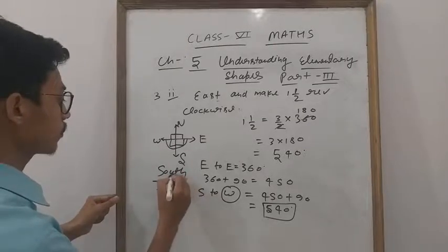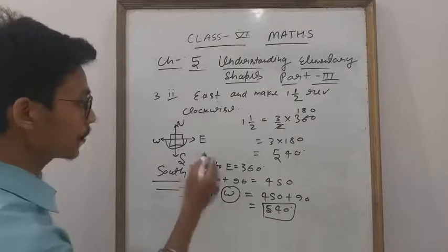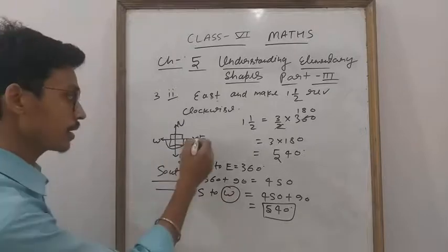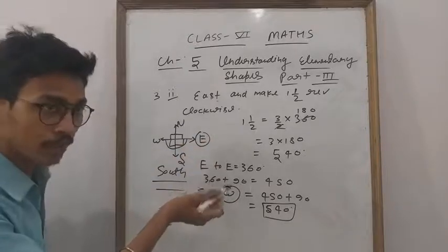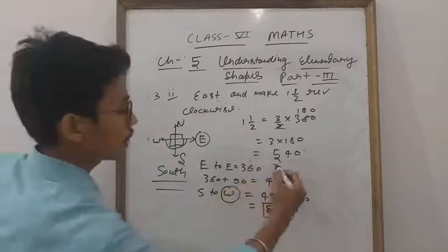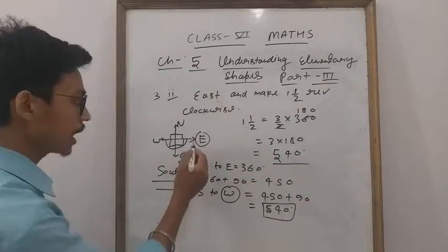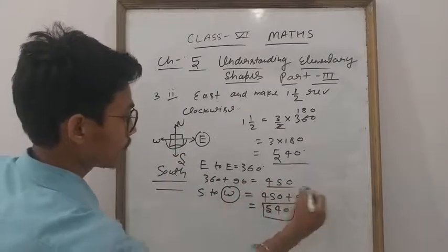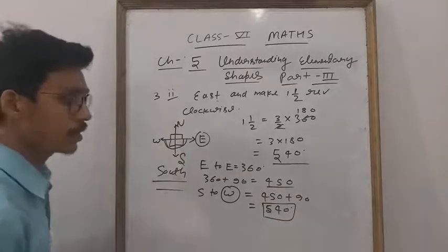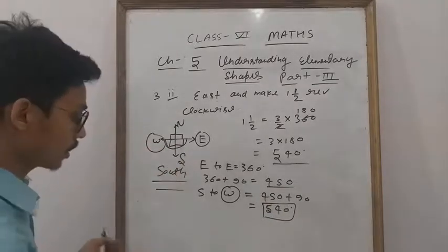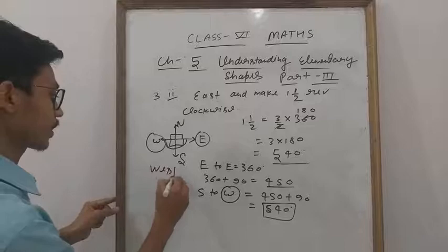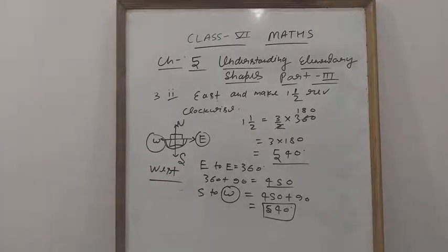Look, there is no need of doing so many things. When you move east to south, south to west, west to north, north to east, you know that when you start from one point, again you will go to that point. So 360 completed. Now you have to complete 540. Again you will move 90, so you will come to south. But the requirement is not fulfilled because it will come 450. Again you will move 90, so it will come to west. So sorry, not south, west is our correct answer. Okay everyone, west is our correct answer. So by this, students, you will solve this question very easily. I explained each step in this question.